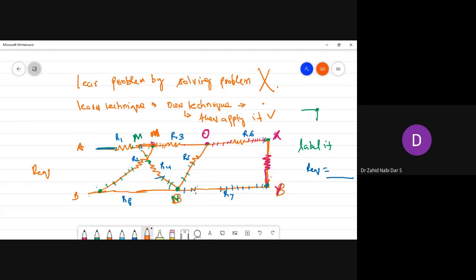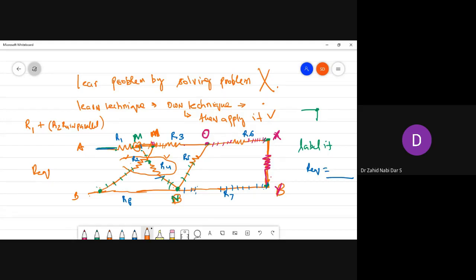Okay, so here we see that R4 is connected between M and B, and R2 is connected between M and B. So we can clearly say R2 and R4 are in parallel, and these are in series with R1. So I can say R1 plus R2 parallel R4. First of all, I will do that, because I have this concept, so I am able to solve. So till here I have solved the network.